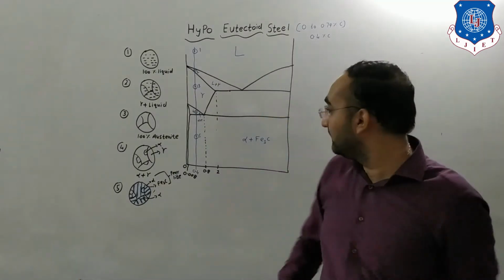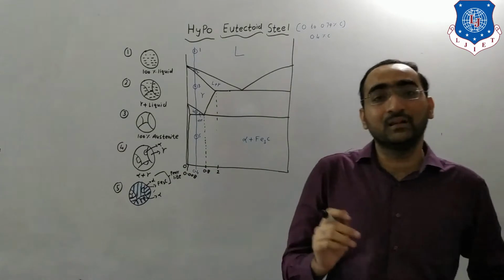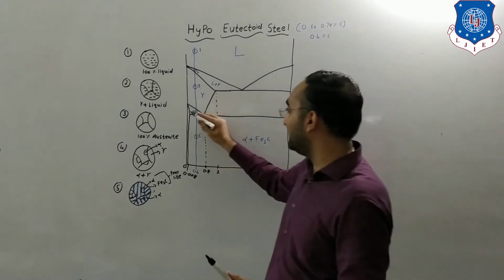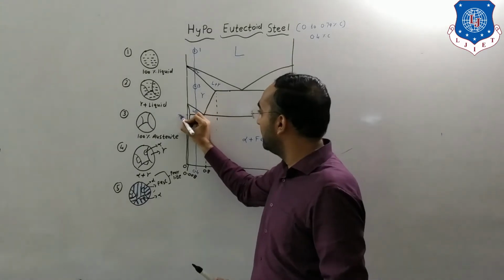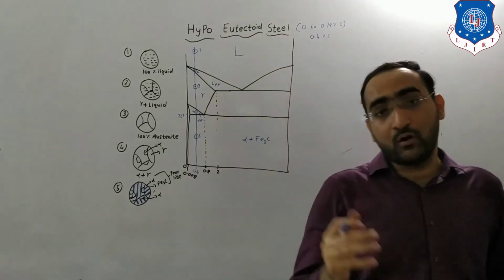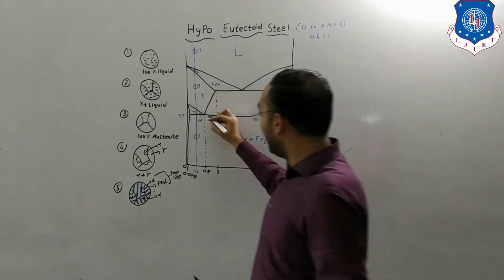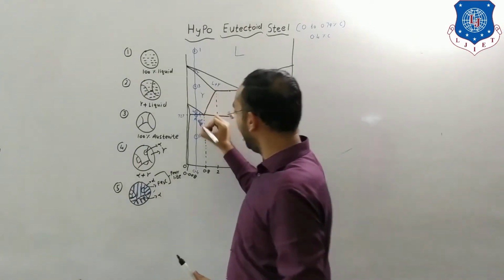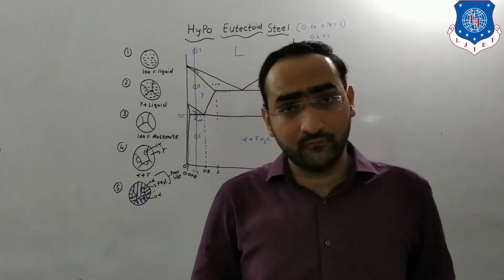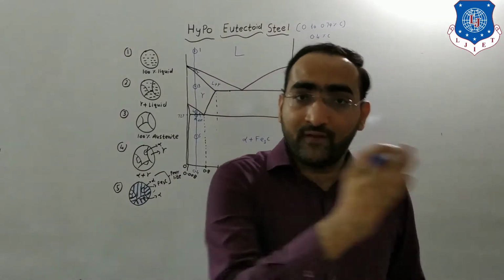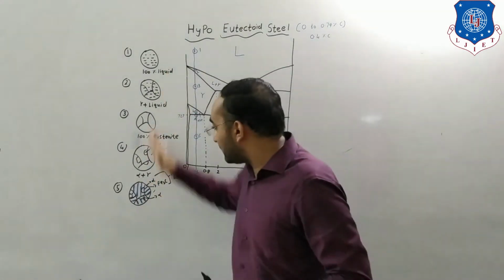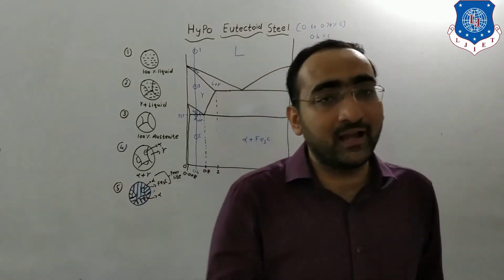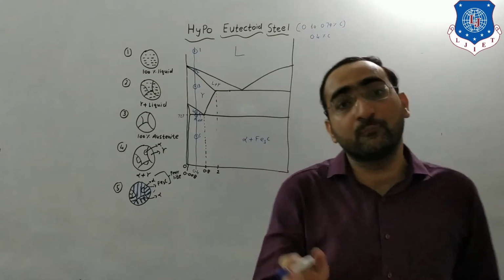Now we will focus on the particular percentage of the different things. Let us take this 727 degrees Celsius temperature. What is going to occur? Our point is mentioned over here; let us take it as A. Suppose we want to find out the ferrite and pearlite percentage at this region, that is, the percentage of ferrite present and the percentage of pearlite present.